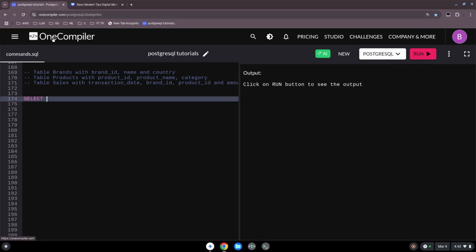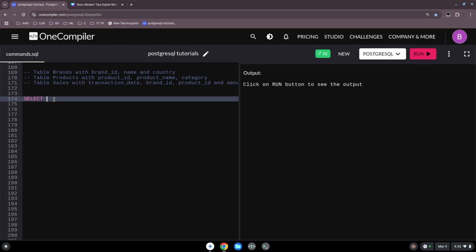I use an online compiler today. You can also use pgAdmin, or, when you really have a database, whichever source you need. But we are now looking into the code. On the left side I will write my code, and on the right side we will see the output. As I told you, we go first into select, which is mainly that you select